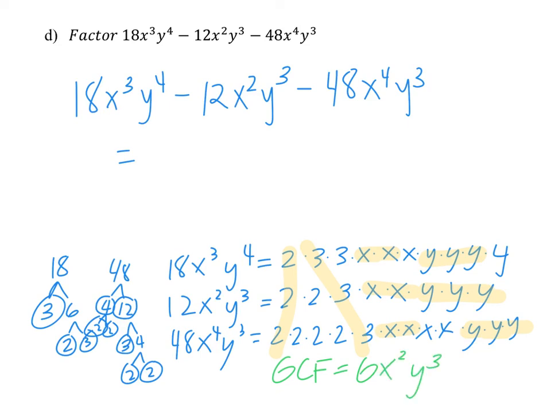power. And again, I said you can look over here, right? So if I was to look up here, the smallest exponent of x is x squared, right? The smallest exponent of y is y cubed. So that's how we get the x squared y cubed. And 6 is just, okay, all these numbers are divisible by 6. Factoring that out,